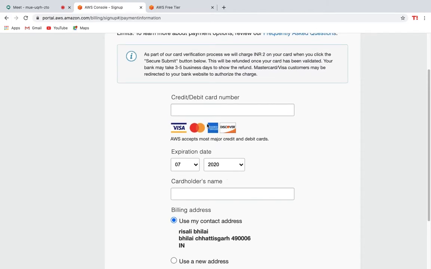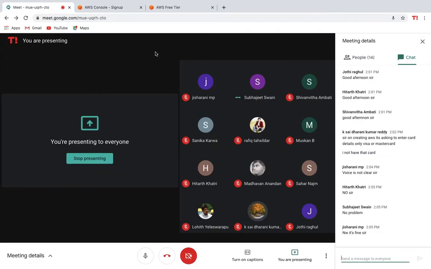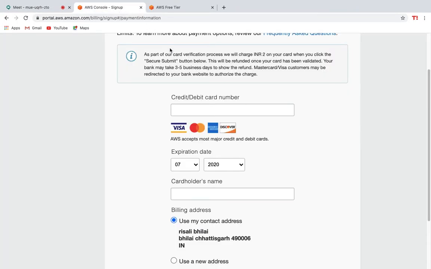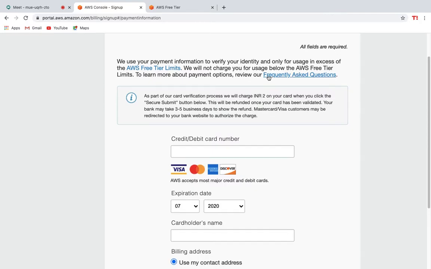Why is it so? It will actually deduct rupees 2 from your card for future purpose. Why for future? Because we have free tier limits over there. You can see we use payment information to verify your identity and only charge users in excess of the free tier limits.